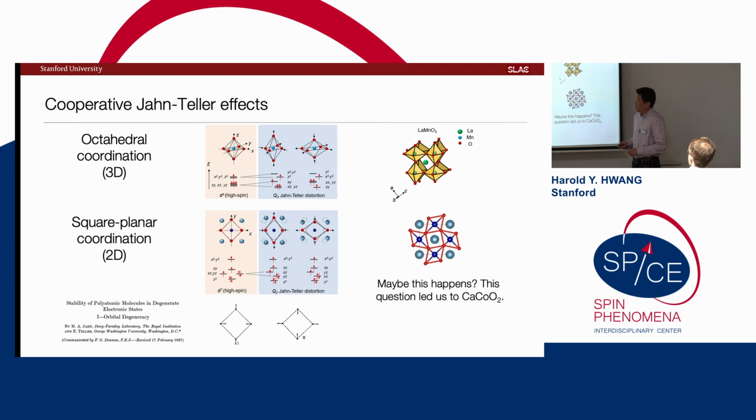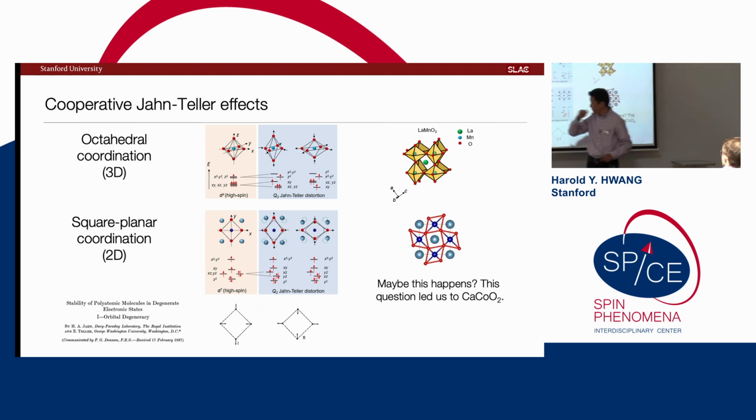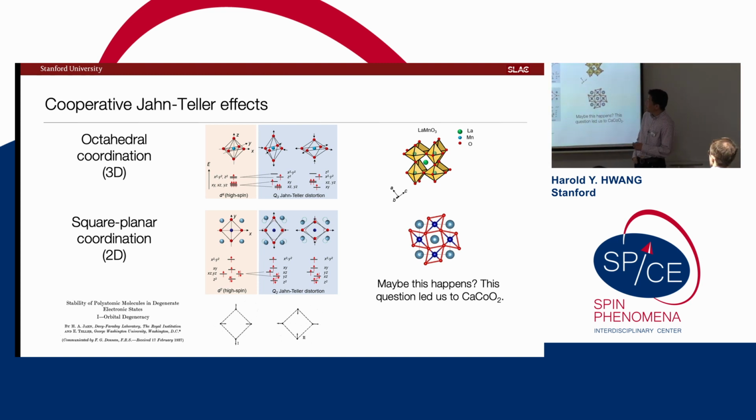So our question was, can we use these 2D layered systems to do a square planar version of this, right? And so first thing you do is if you look at the orbital structure in a square planar coordination, it's a much lower symmetry setup. And so there's actually one degeneracy only to play with, right? This XZ, YZ story. But you could well imagine that I might have the same kind of instabilities projected into 2 dimensions, right? The so-called Q2 Jahn-Teller distortion, I can squeeze or pull this diamond.